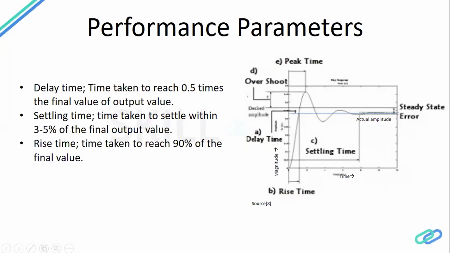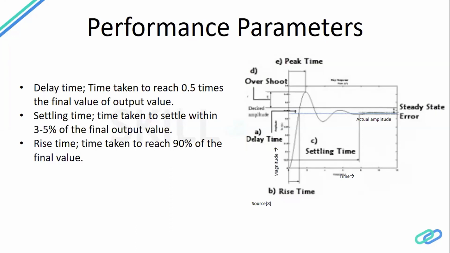And these are the six main parameters, I would say, the most important parameters for a controller, and I'll go through them. The first parameter which we consider while designing a controller is the steady state error. Now what does that mean? If you see this blue line, it is our output which we have received after deploying the controller, and the black line is our desired output which we want. Suppose our desired output is 1, but the final output was 0.8, then our steady state error was 0.2. So it is the difference between the output we want and the output we have. That is steady state error.